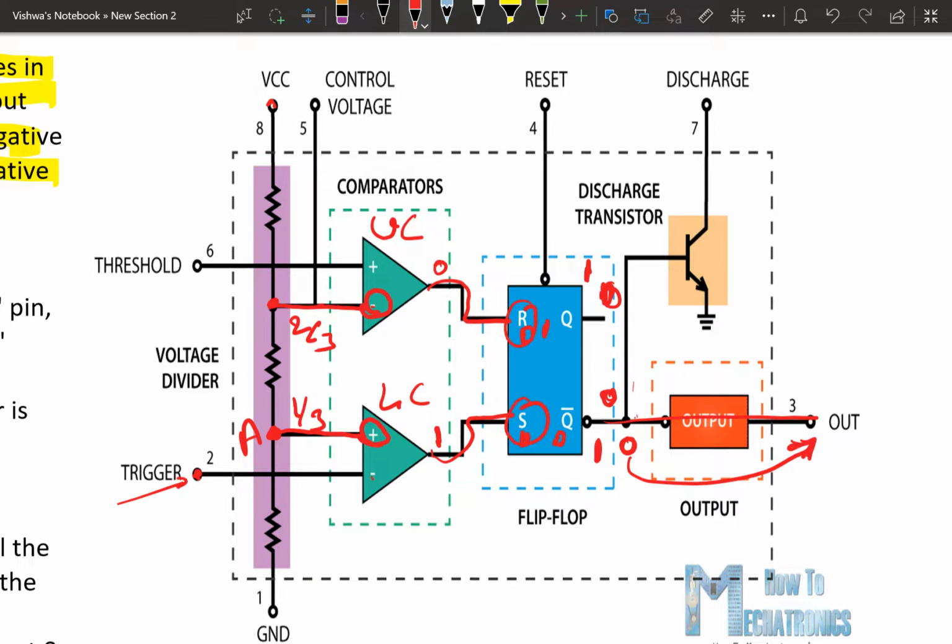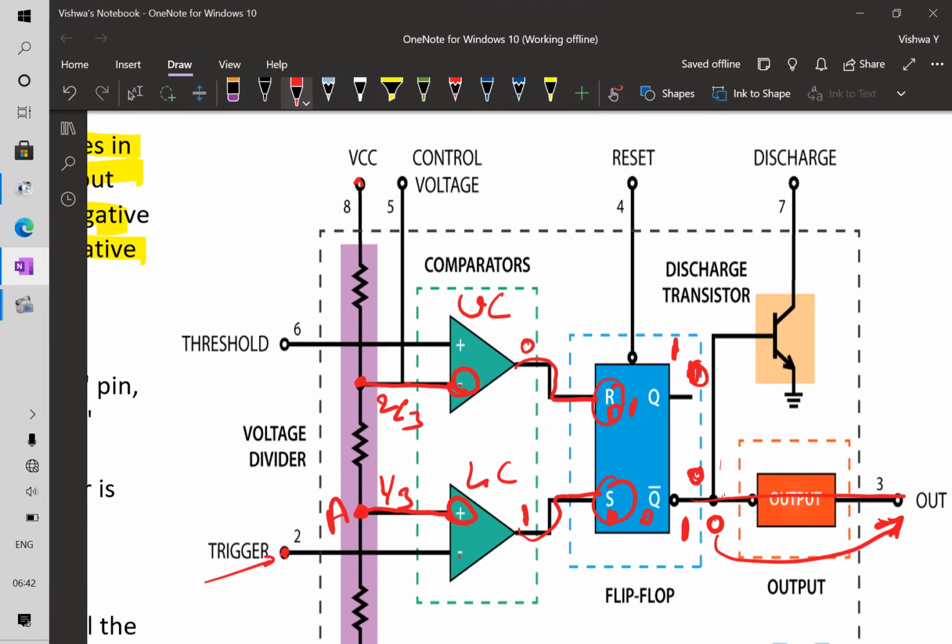So this is the working of the IC 555 timer, but we cannot use this single chip as a multivibrator. We have to connect external components like resistor and capacitor, because a capacitor of larger value we cannot create in a transistor, so externally we have to use the capacitor and resistors. That is enough for this. Next class we are going to study about